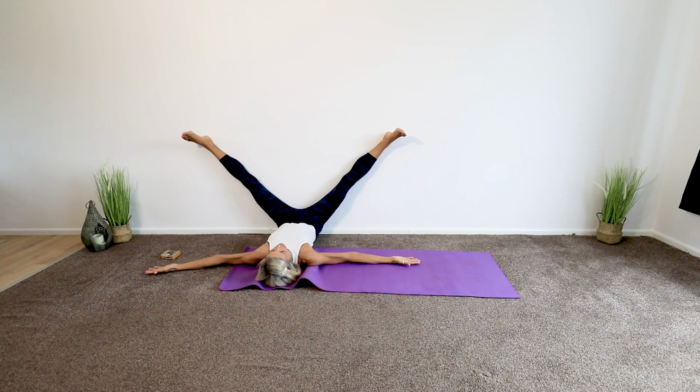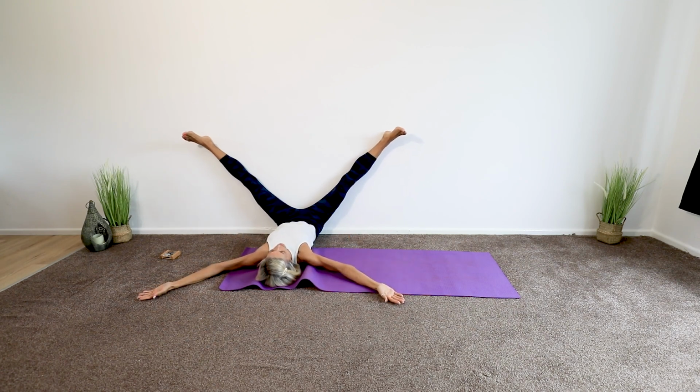Or the hands can be out to the side. If this feels uncomfortable for you, your hands can be on the stomach like this. You've just got to go to your point. And now from here, we're going to be still